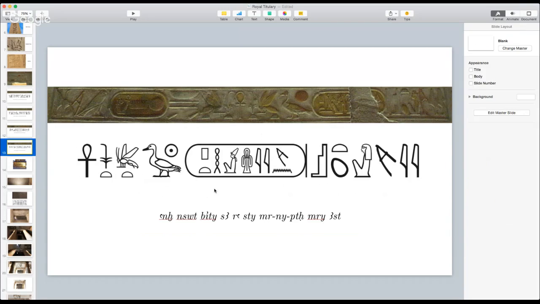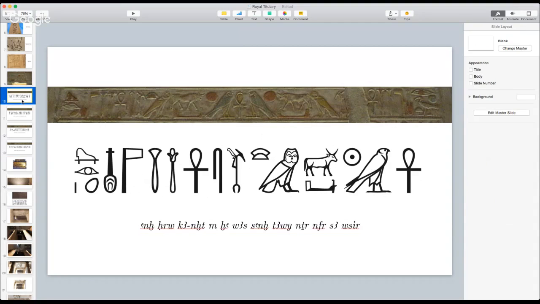So this is an example of, let's see, how many names did we have? Let me go back. Even though you don't see a Serekh, this is the Heru name of Seti. So you have Ka Nekhet Imkha, and then you have Waset Sa'ankh Tawi, etc. But you can see that this is part of his Heru name. Now we don't see the Nebti name, or we don't see the Nebti itself. But this is part of his Heru name